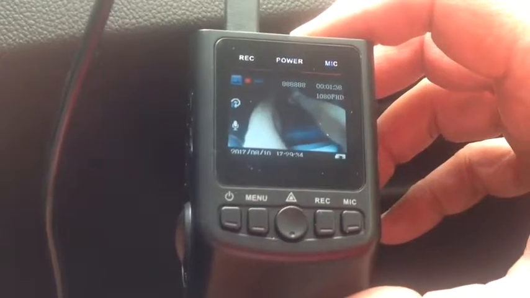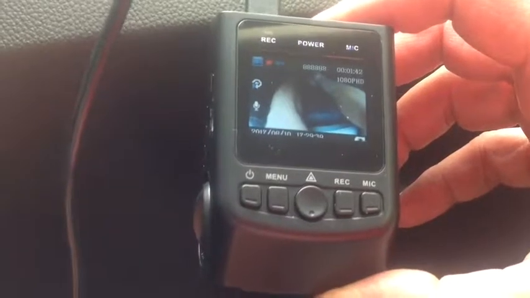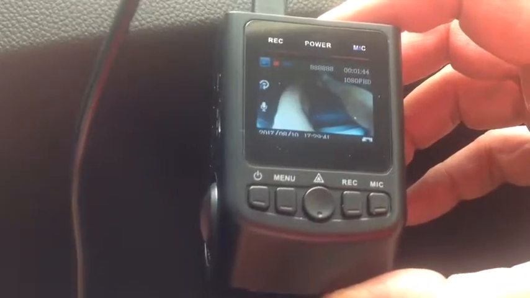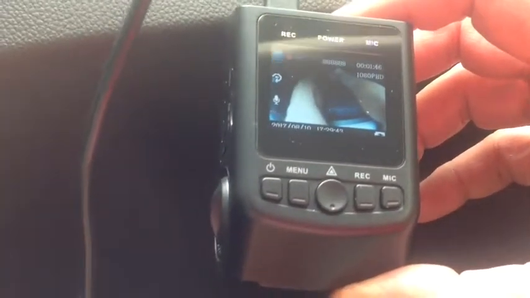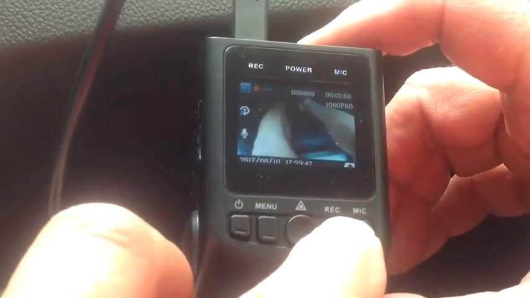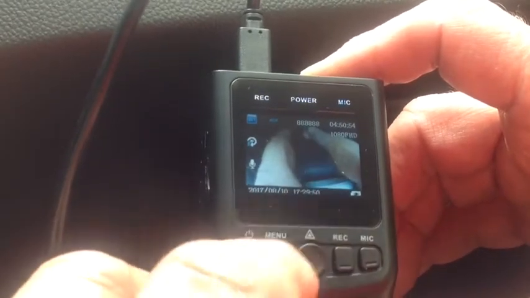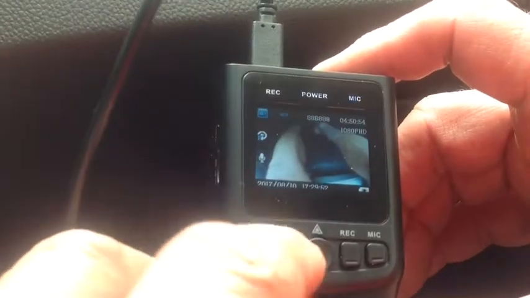Okay, hopefully you can see the dash cam clearly. I'm going to start with the dash cam on and we'll be programming it. First I hit record to turn off the recording, and then I hit menu,